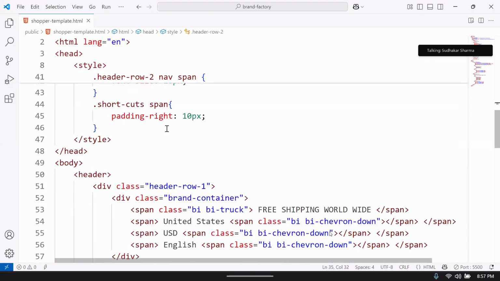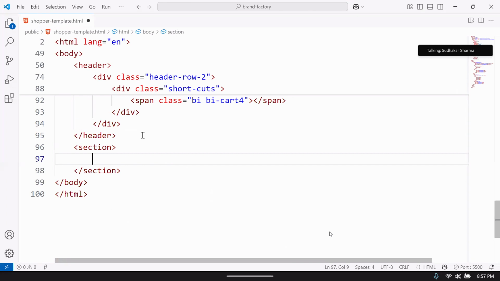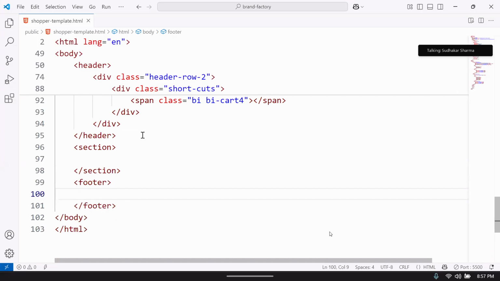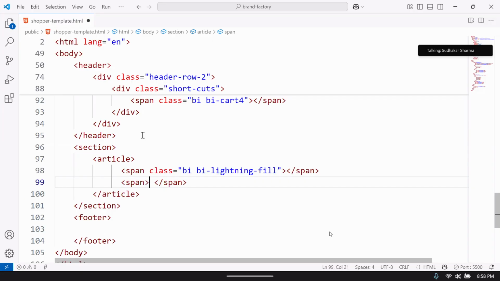Actually, below this, the header is completed now. After header is completed, then comes a section. Below the section, you will have a footer. These are the three areas: header, section, and footer. Inside the section at the top, they are having an article. And the article is having span. What is the span? Class bi, bi-lightning-fill. That is actually the lightning fill symbol. After that, another span, we have happy